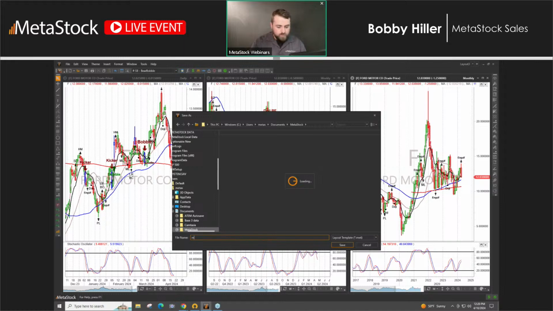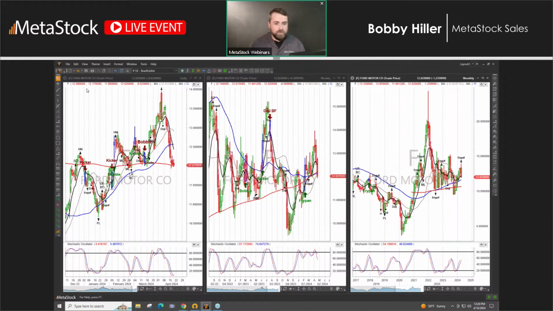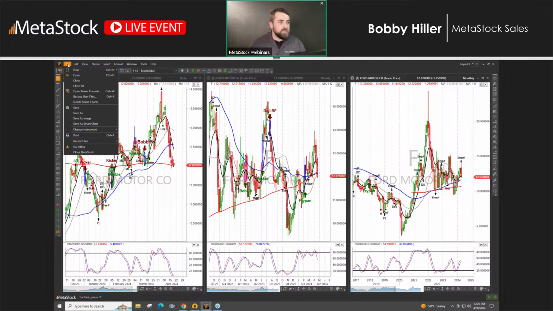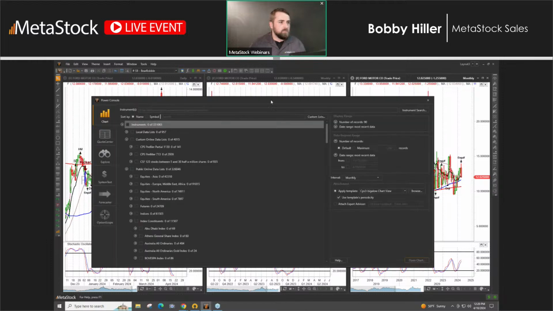So we'll do, oops, I accidentally have caps lock on. But I'm going to actually leave it on so that I know this is the one that I'm using. Multi-time. Now I'll turn caps lock off so I don't do that again. And now if I wanted to go in and open up a chart, I've been applying a template to all of these, so that was my bad there. I was using the template's periodicity. That's why those all opened up in daily. So this time, okay, we'll open up something else.